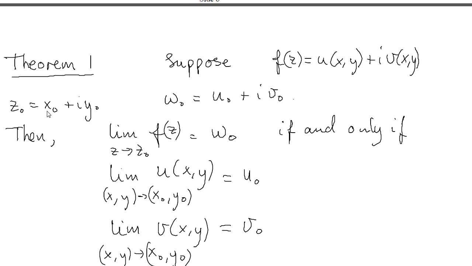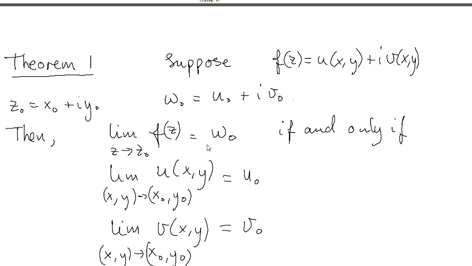It consists of a real part x0 and an imaginary part y0. And this point is mapped to a point w0, which has this real part and this imaginary part. So here we have some point in the range of this function. And we are now going to consider the limit of f of z when z approaches z0. And we call this